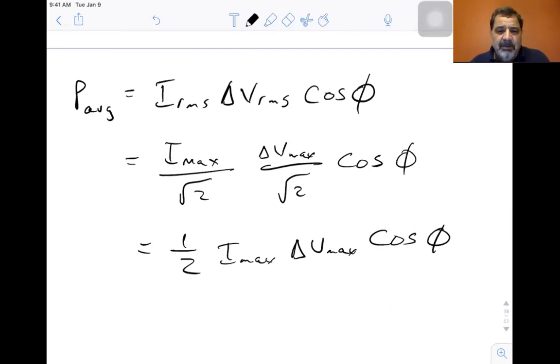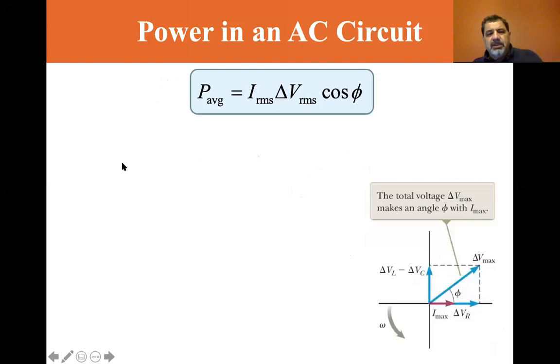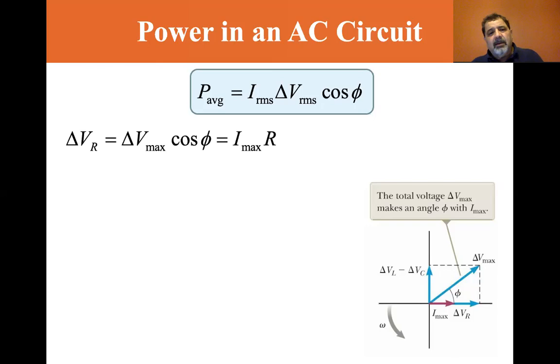Now let's go back to the PowerPoint and finish. So we know that this equation is right. P average is equal to IRMS delta VRMS cosine phi, not theta, phi. Cosine phi is what we call the power factor. Now, look at the delta V. That's this horizontal section, and that's equal to V max cosine theta. It's the adjacent